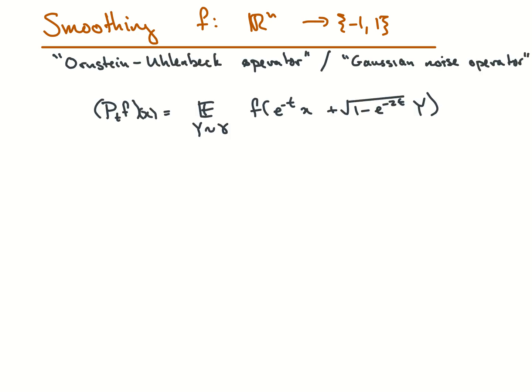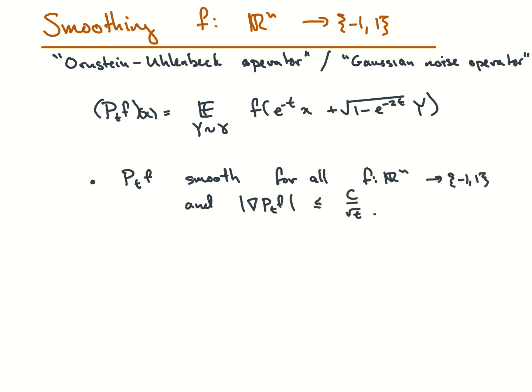So to evaluate the smoothed function at a point, I am taking a Gaussian average over the values of the original function. Now, we won't be too concerned with the exact properties of this operator, but there are two things that will be important to us. The first one is that it makes any function smooth, and not only smooth, but with a bound on the gradient. So Lipschitz, in other words. And the second thing is that, and this is where the notion of complexity in Gaussian surface area comes from, if you start with a function of bounded Gaussian surface area and you smooth it,